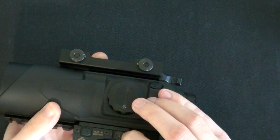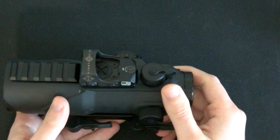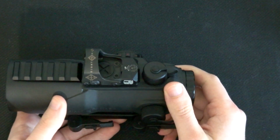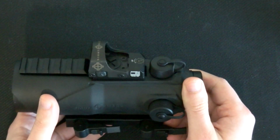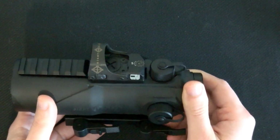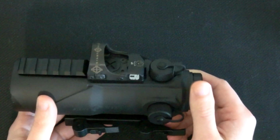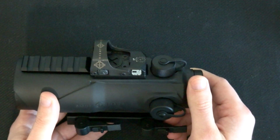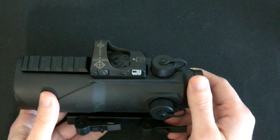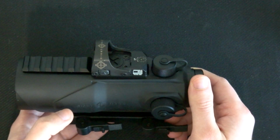and on the side. Each click is 1 MOA, therefore 1 click will move the dot 1 inch at 100 yards. Now, 2 things that really stand out to me are the 3 MOA dot and the very clear lens. The lens, unlike many similar reflex sights, has almost no noticeable color shift and makes it very easy to find the dot. The 3 MOA dot itself is fairly unique, as you typically see either a 2 MOA or a